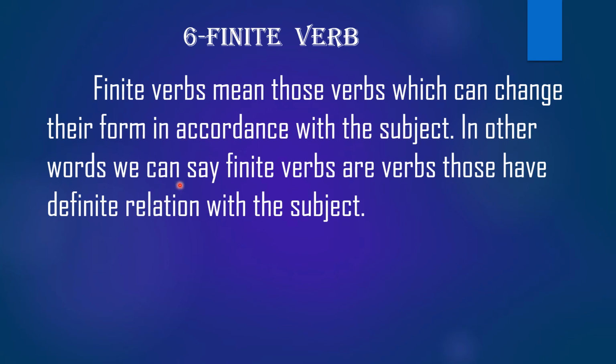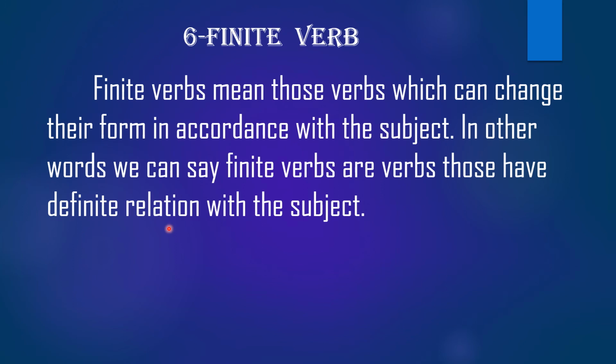In other words, we can say finite verbs are verbs that have a definite relation with the subject. यानी क्या होते हैं finite verbs? यानी verbs which can change their form in accordance with the subject, यानी subject के मुताबिक वो अपने forms को change करते हैं। या हम दूसरे अल्फाज में इन्हें कह सकते हैं कि verbs that have definite relation, यानी जिनका एक यकीनी ताल्लुक हो subject से।